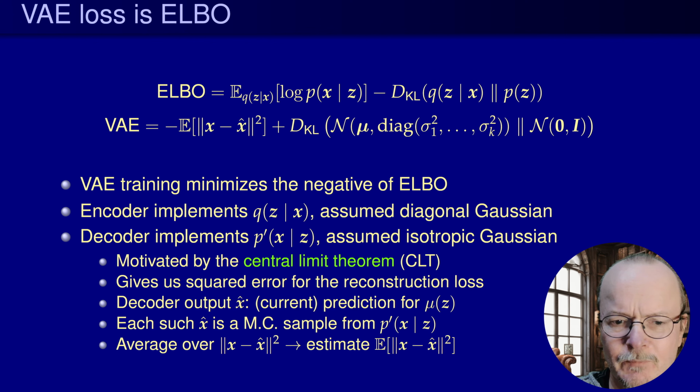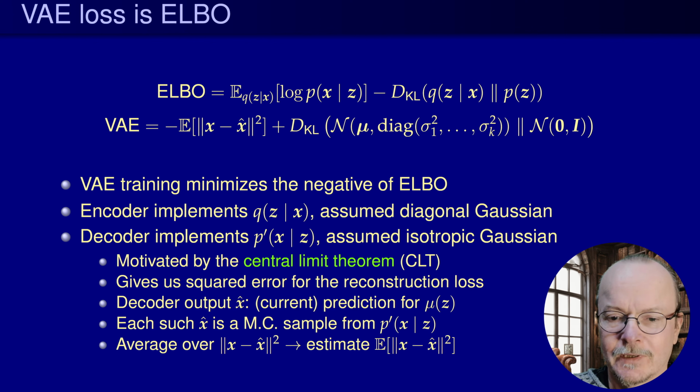If we assume that p prime is an isotropic Gaussian with mean mu of z, the log likelihood log p prime is equivalent up to a constant to the squared distance between this mean and x. We define the decoder output as this mean, and this is what the decoder aims to learn in its training. A similar analysis applies to Bernoulli distributions, where the log likelihood becomes proportional to the binary cross entropy. To concretize,